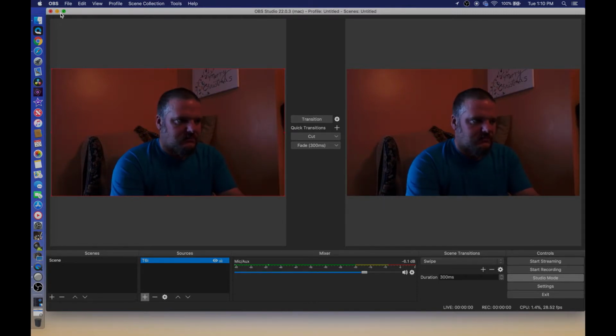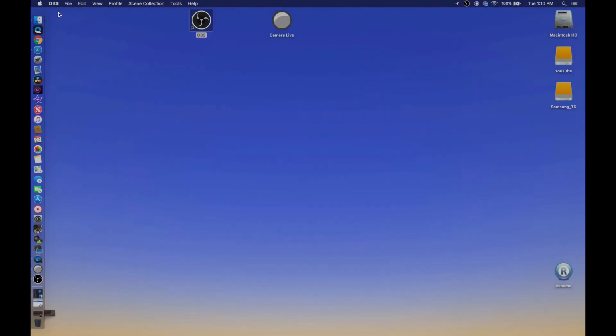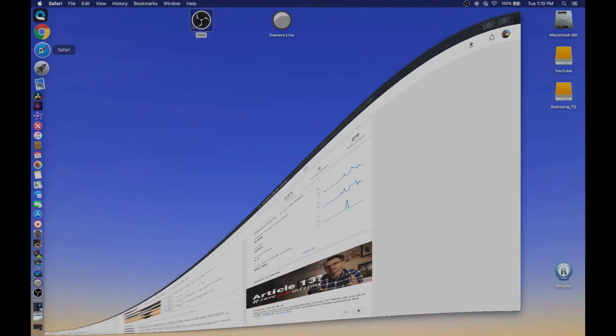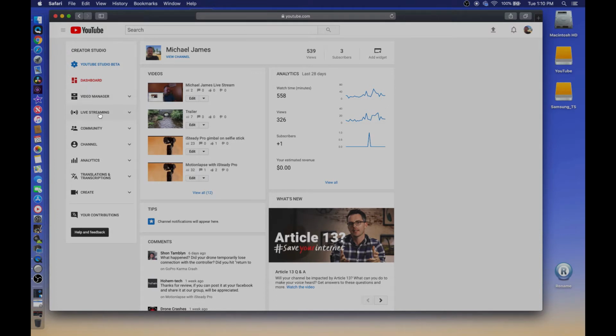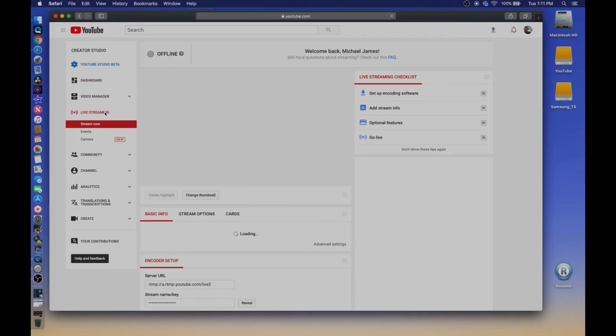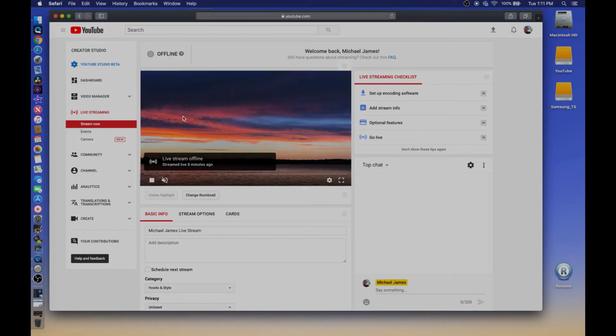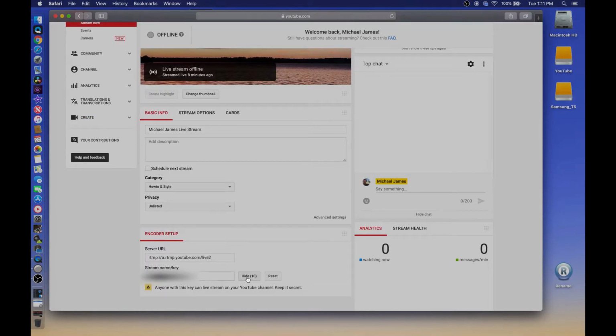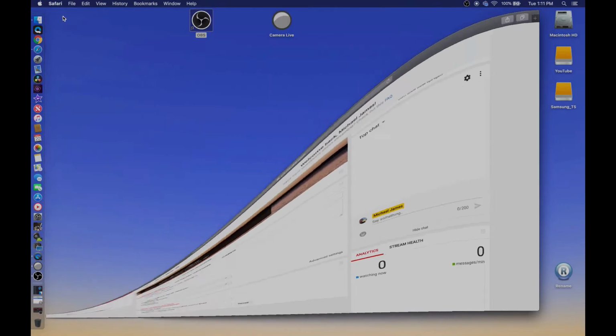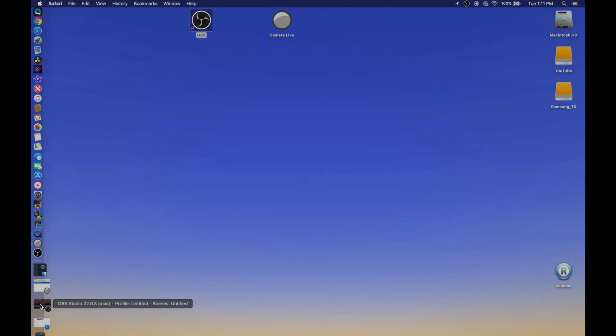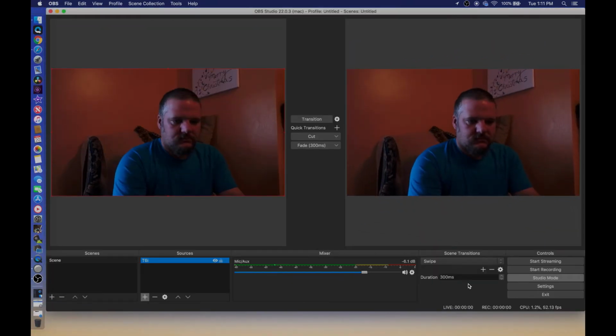Next, we will launch web browser and go to our YouTube page and select live stream from the menu. As you can see, it is currently offline. At the bottom of the page, you will see a box, stream name / key. We will copy that and then open up the OBS software, as we will have to paste that into the settings to stream to